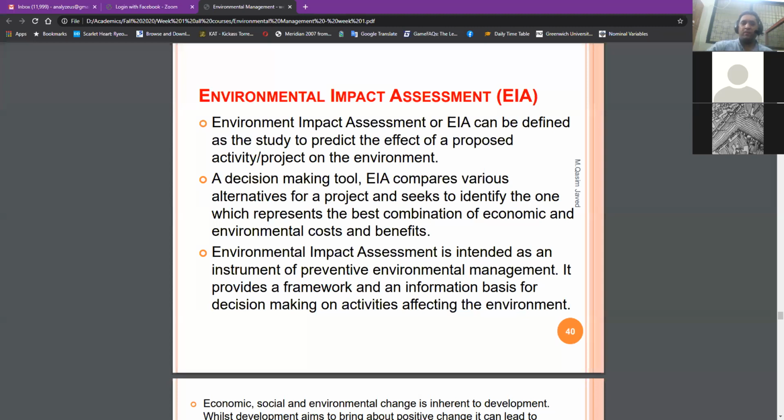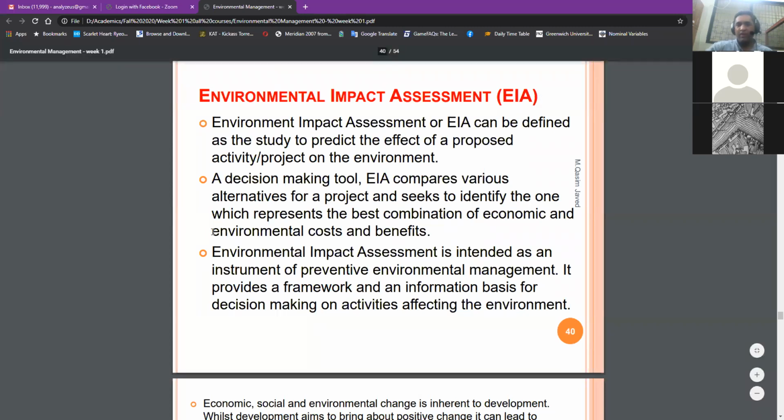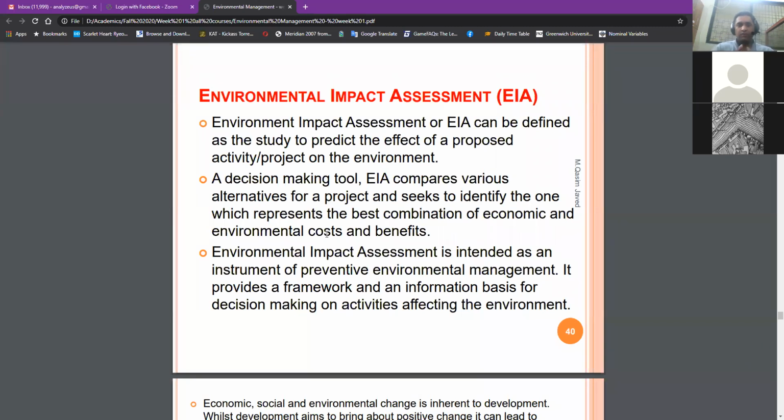So basically, the environmental impact assessment helps us understand that we should have the right balance. The project which we want to do should not be very expensive and it should not be highly damaging to the environment. So we have to look for a perfect fit. The material which we use should be environmentally clean but should be cheap and economical enough to be feasible and profitable to business.